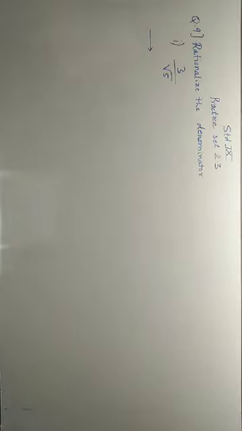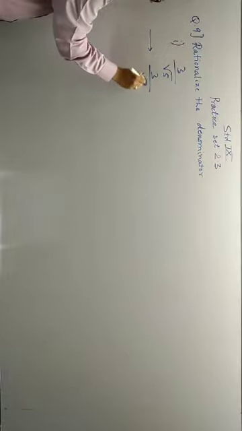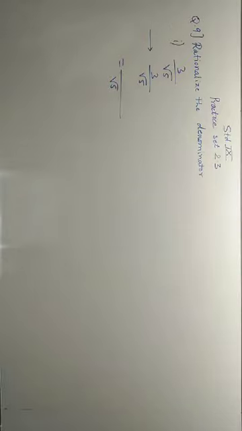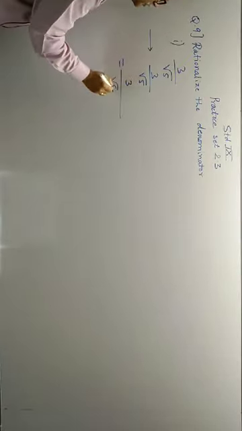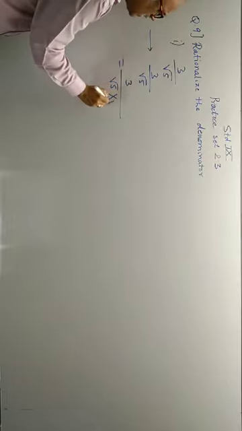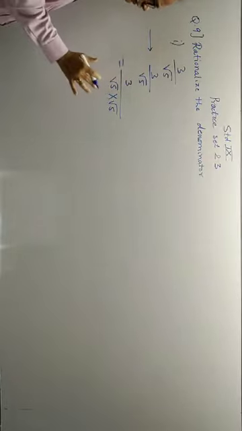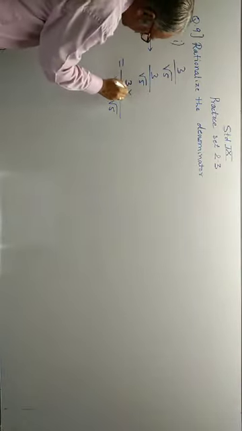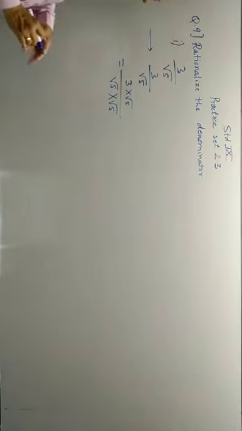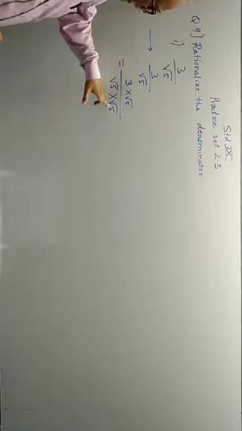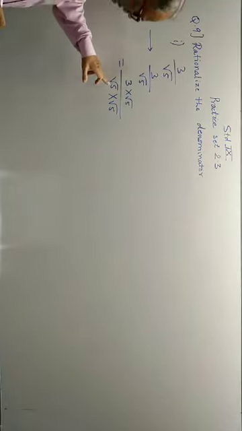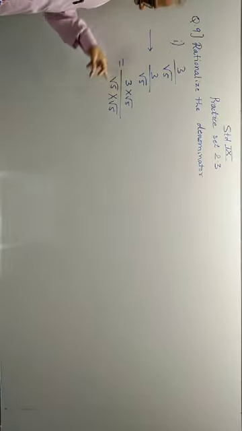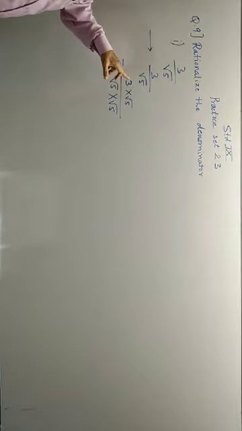First question, 3 upon root 5. Here root 5 is an irrational number. To cancel this root 5 and change it into rational, we should multiply root 5 by another root 5. Then root 5 into root 5 becomes 5. But if you multiply only the denominator, the value of the fraction changes, so multiply the numerator also by the same. We are multiplying by root 5 because root 5 is the rationalizing factor of root 5. So we multiply the denominator by the rationalizing factor to make it rational, and not only in the denominator but also in the numerator.